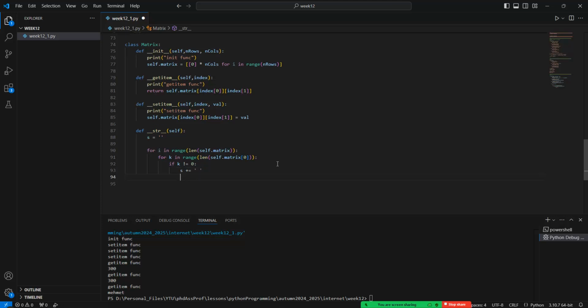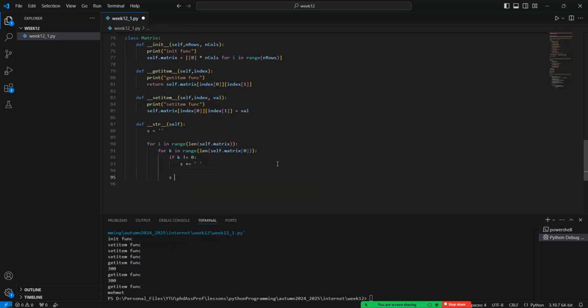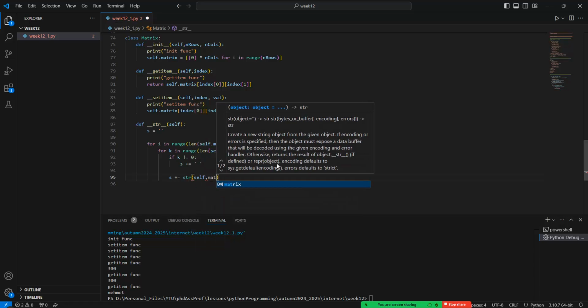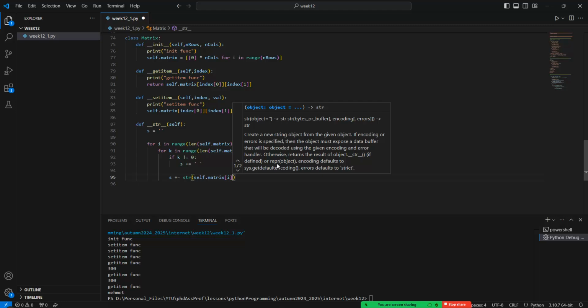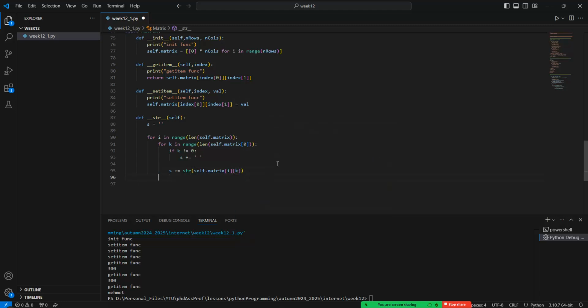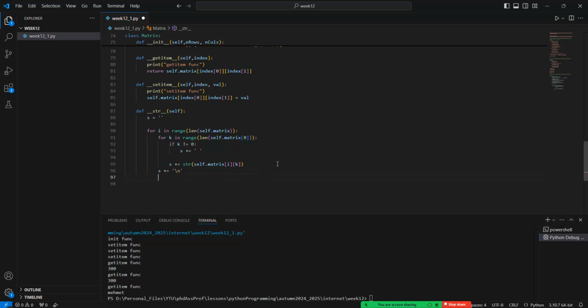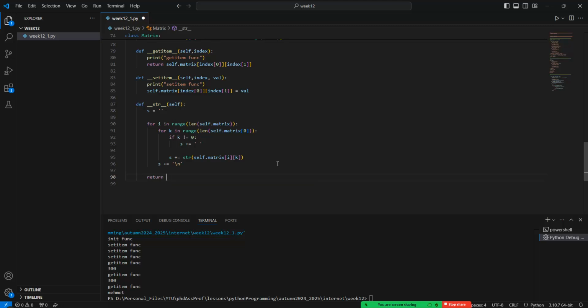Okay, and s plus equal str self matrix i k. Okay, and also s plus equal new line, which is given in here, and also we should give the return